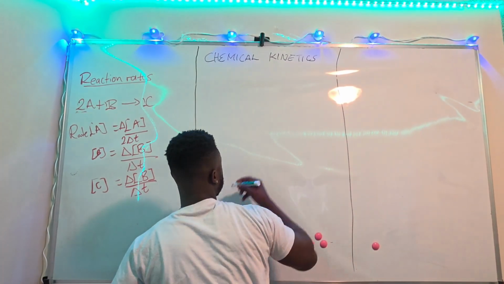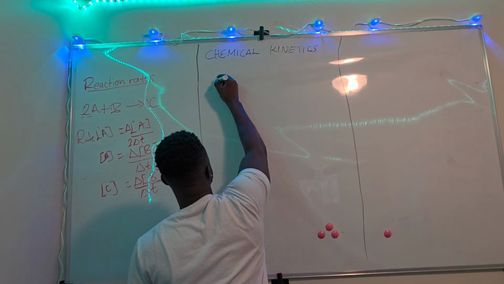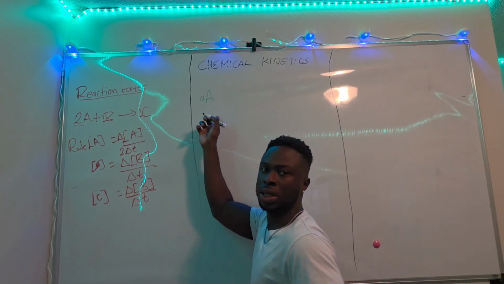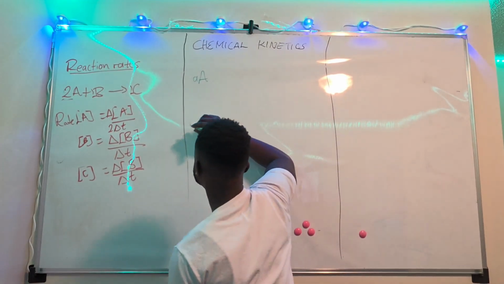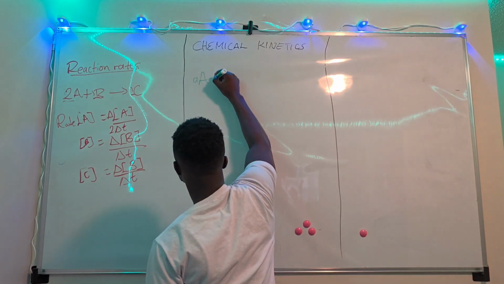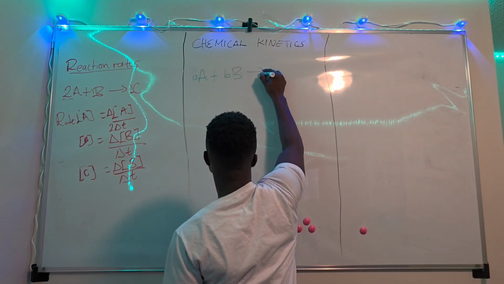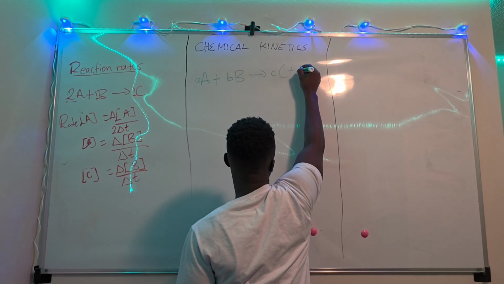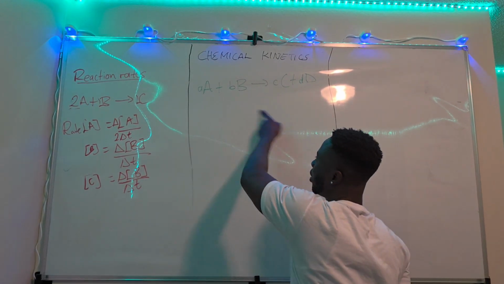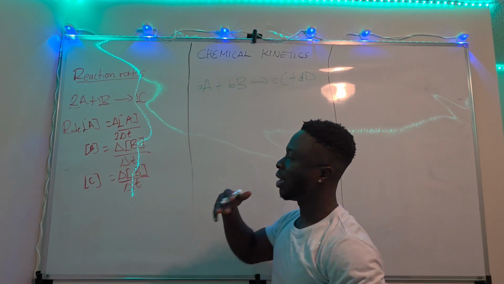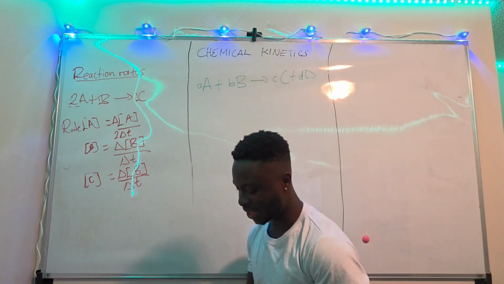So let's consider another generic reaction. Let's consider this reaction: aA combines with bB to form cC and dD. In this reaction, if we are tasked to calculate the rate of this reaction,